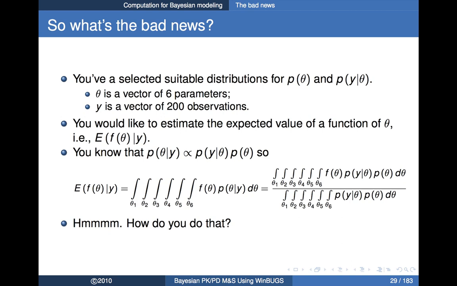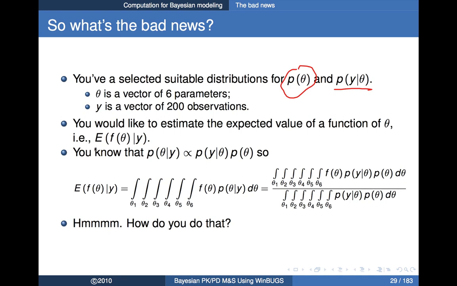So suppose that you've selected a distribution for both your prior, that's our P of theta, so that's our prior distribution on our parameters theta. And we've got our likelihood here, our P of y given theta, y being our vector of data. Let's suppose that theta here is a vector of 6 parameters and y is a vector of, let's say, 200 observations. And let's say I'd like to estimate the expected value of some function of my parameters here,